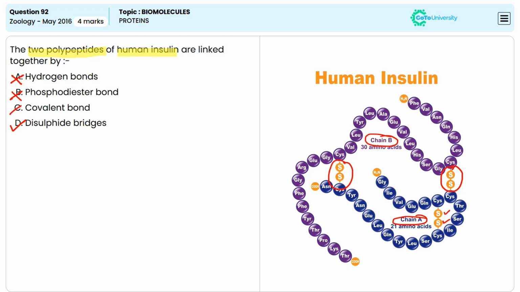Option C, covalent bond. Though disulfide bridges are a type of covalent bond, not all covalent bonds link the two polypeptides of insulin. So option C is also incorrect. The answer is option D,